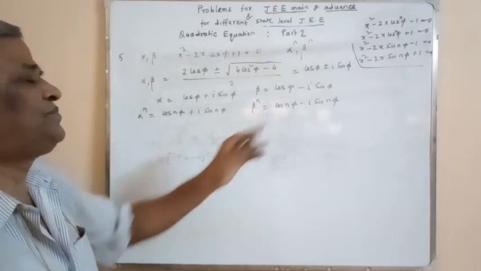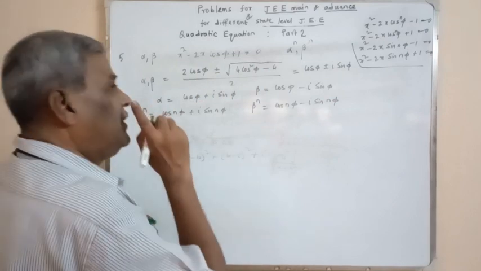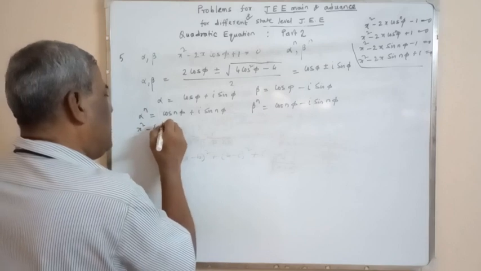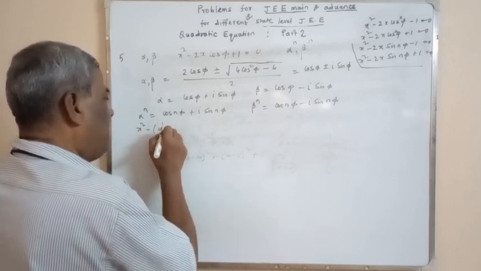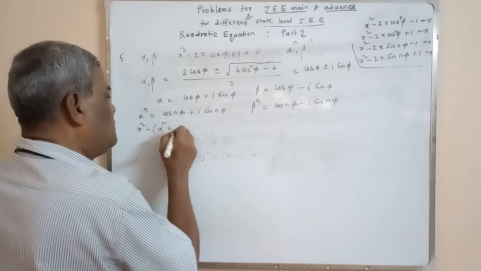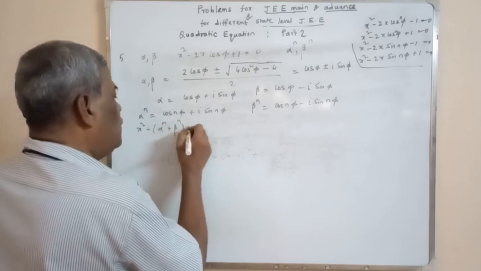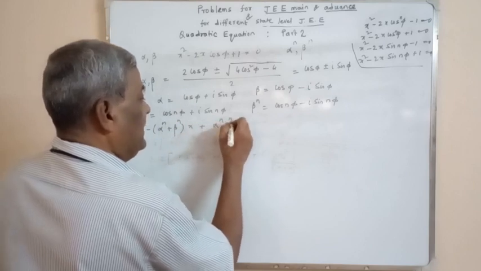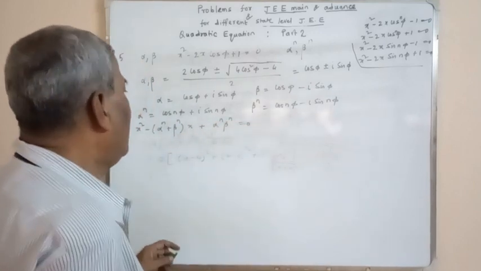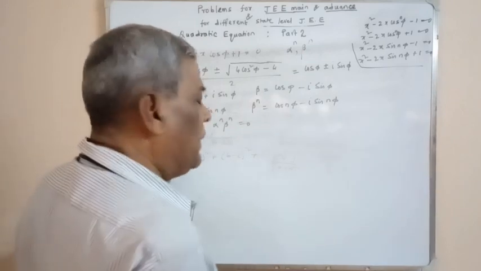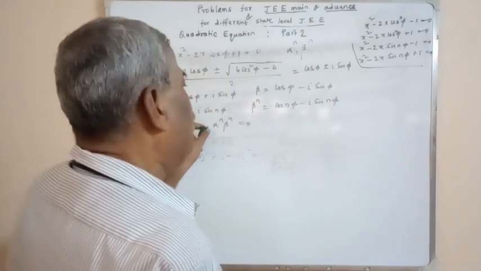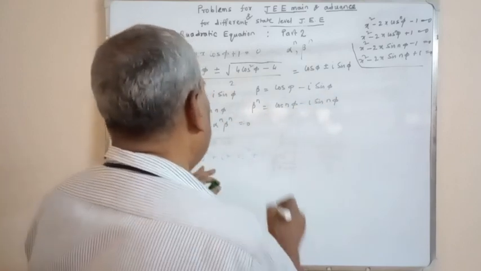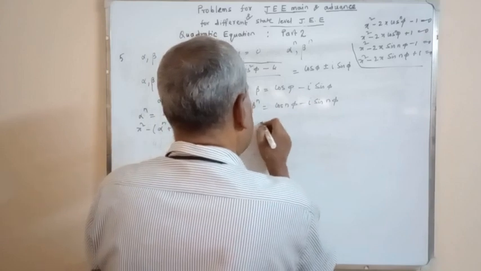Well-known theorem. So our required equation is x square minus (alpha to the power n plus beta to the power n) into x plus alpha to the power n beta to the power n is equal to 0. Now clearly alpha to the power n plus beta to the power n means the sum of these two. So this negative part will be cancelled with that, so that it is equal to x square